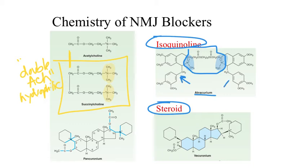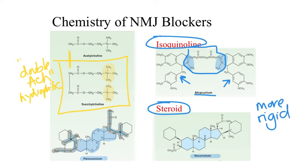The steroid-based ring structures include all the other non-depolarizing agents, such as pancuronium and vecuronium. The main center of the molecule is a steroid ring structure with two acetylcholine molecules concealed in the drug structure, as evidenced by the blue line in pancuronium. The non-depolarizing drugs are much more rigid than succinylcholine, and therefore they tend to have fewer off-target effects at other receptors. These molecules are also very poorly lipid soluble due to their two positive charges and are not able to